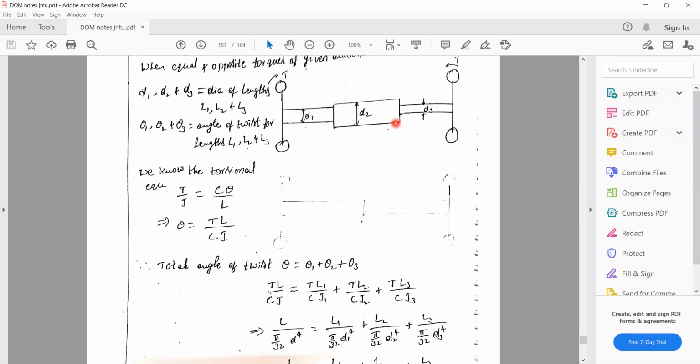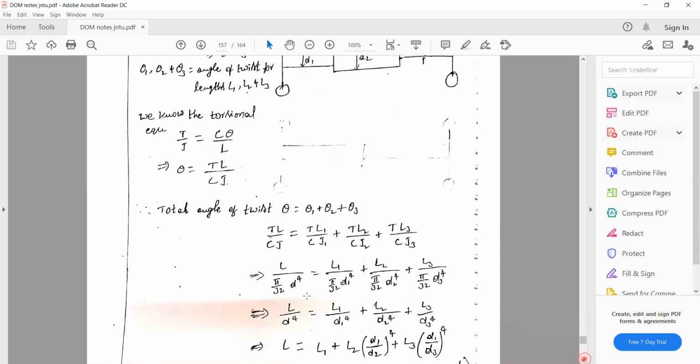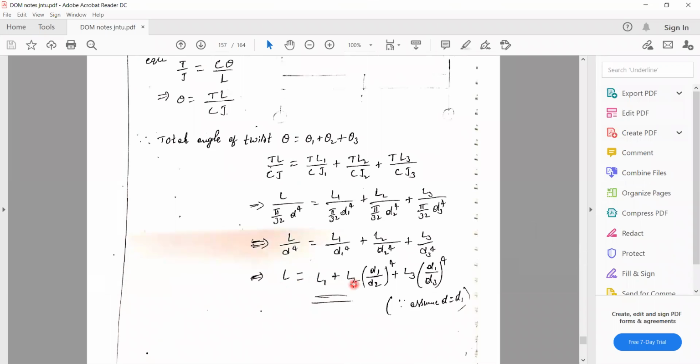For example, a 6 meter length, when we take the same diameter, that means the uniform diameter, the length is nearly 36 or 30 meters of shaft to produce that much frequency. So that length is calculated with the help of this formula: L equals how much length is required when we take a uniform diameter of the shaft.